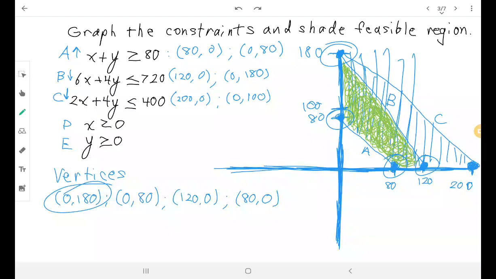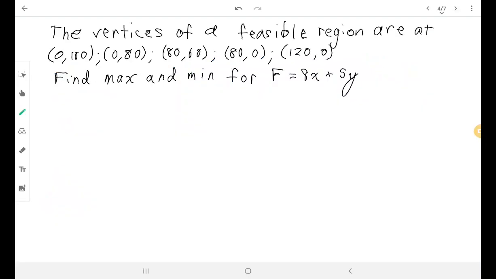And let's move on to our next problem. So now, let's talk about this maximizing, minimizing, what we call optimizing part of this. If I tell you that the vertices of a feasible region are these points right here, and I ask you to find the maximum and minimum for an objective equation, which I give you right there,